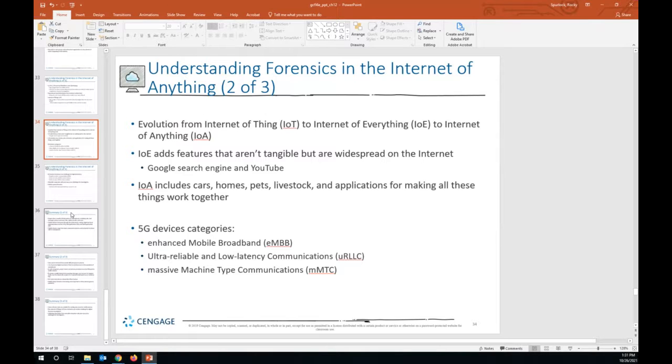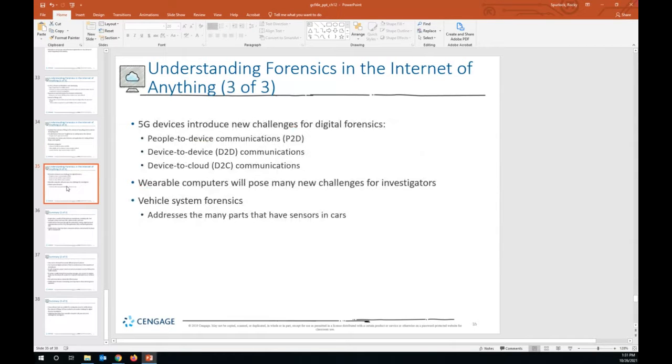They include enhanced mobile broadband, ultra-reliable low-latency communications, and also massive machine-type communications through 5G. It also introduces new challenges with 5G to digital forensics, because now we have people-to-device communications, device-to-device communications, or device-to-cloud communications that would need to be investigated.